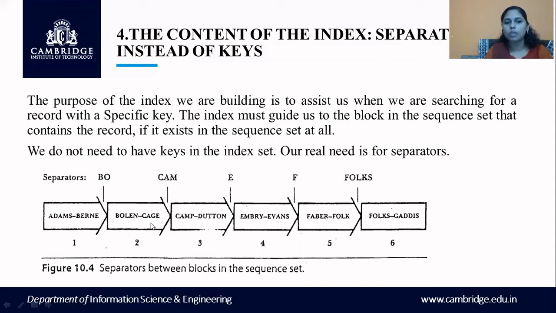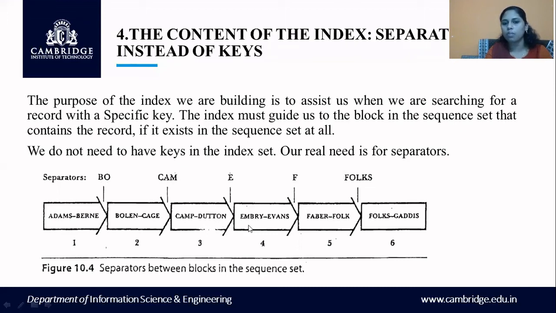Okay. Next, between block number 2 and block number 3, compare the largest member of block number 2 with the smallest member of block number 3. What is the first character? CA. Can it be the separator? No, because they're identical. See the second character, A. Can it be the separator? No, because again they're identical. Compare the third character, G and M. Can it be the separator? Yes. So we are going to take the first three characters from block number 3 as the separator. Can you see here? It is made as the separator.